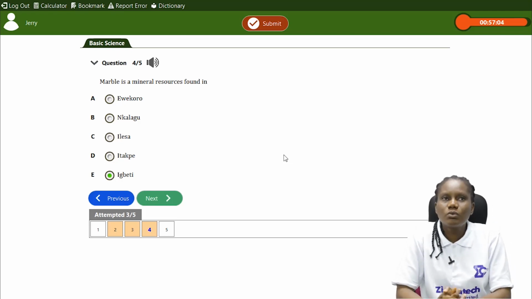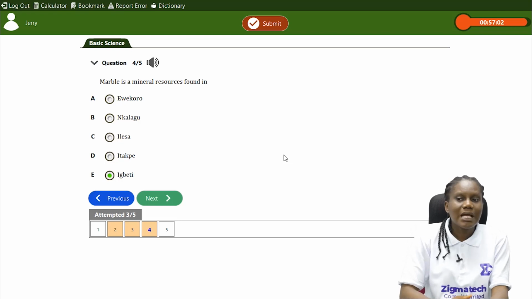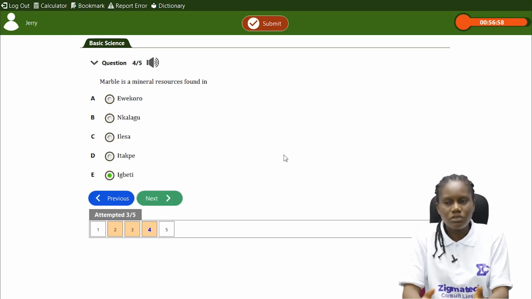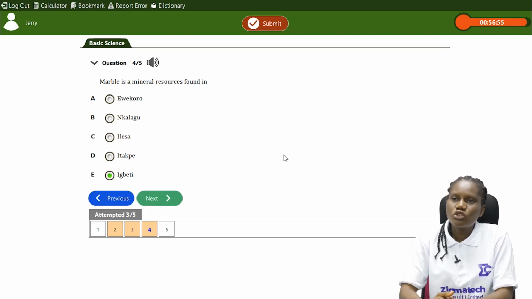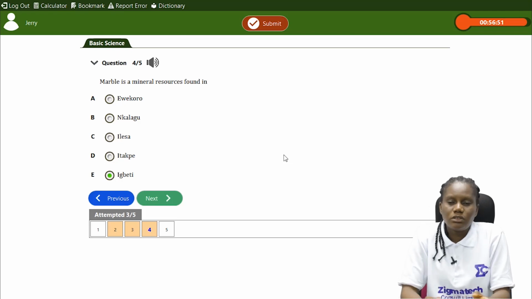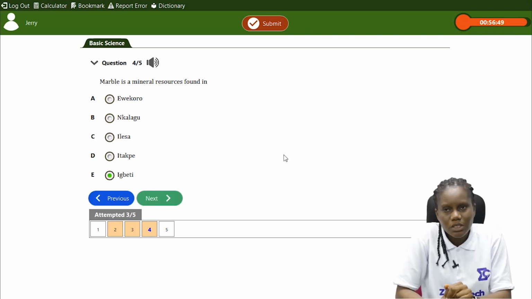And we know that it is classified into two: the metallic mineral resources and the non-metallic mineral resources. And we looked at the differences, and we also looked at the major mineral resources found in Nigeria, the states where you can get them, their towns, and also the